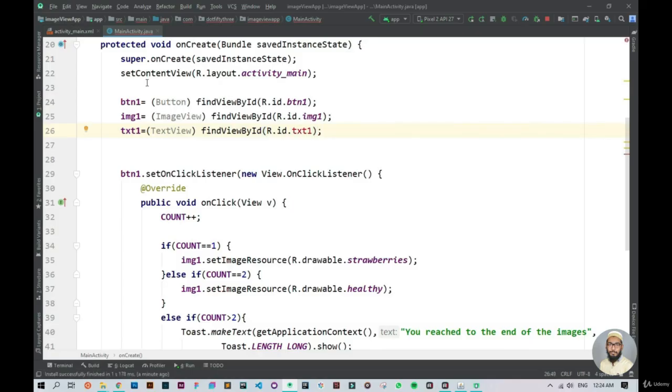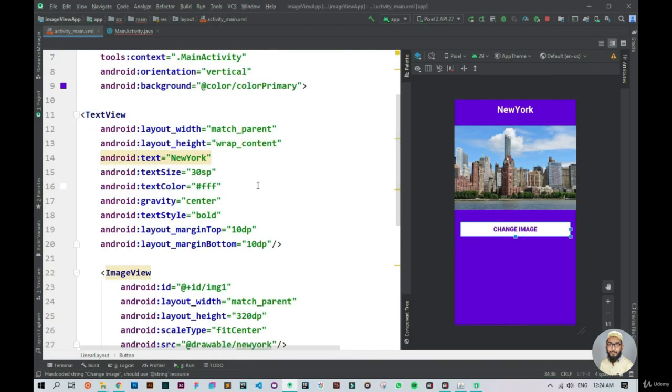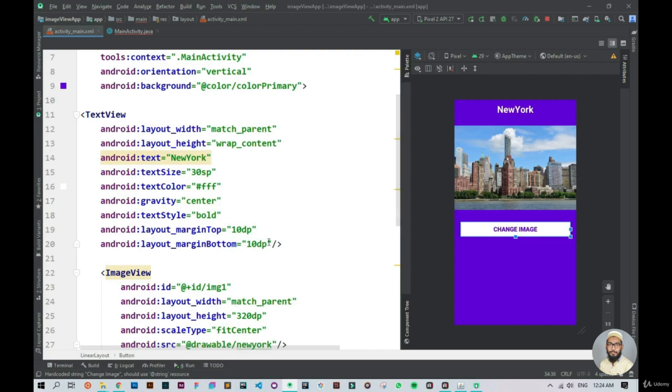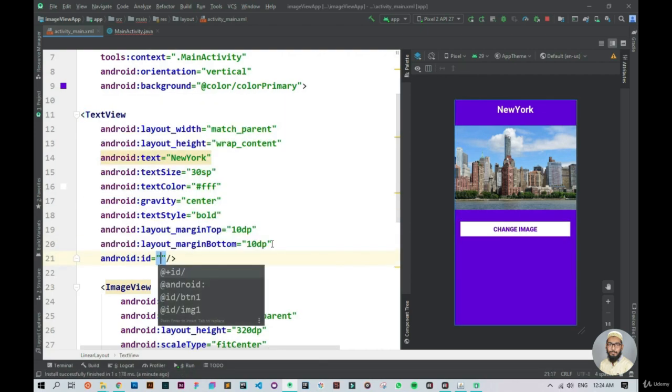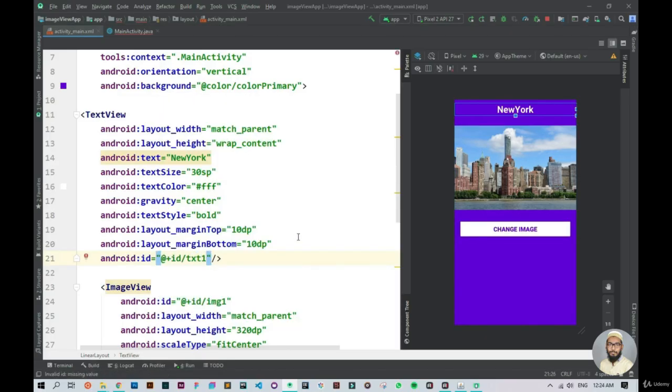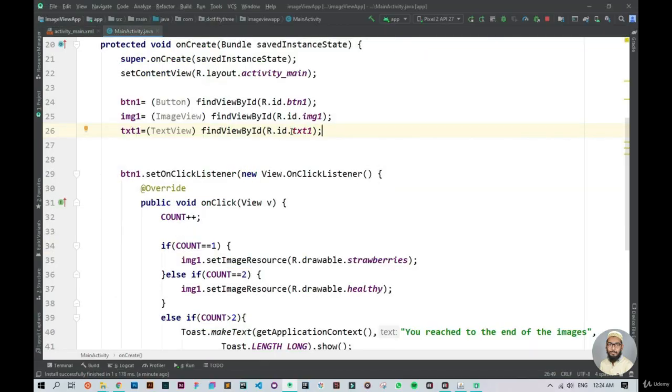Okay, it seems like I forgot to put the id on the text view, so I'll go back to the activity main layout file, that is my layout file. Okay, so I have not specified the id, so at the bottom let's just specify an id of txt1. Okay, so now let's just move back to the MainActivity.java file,